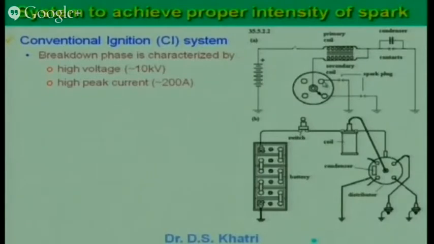These are the 4 leads, 1, 2, 3, 4. Like you can see the 4 spark plugs, 1, 2, 3, 4. So there was one ignition coil that was connected to the distributor, and that distributed the ignition energy to cylinder number 1, 2, 3 and 4 at appropriate time. But the disadvantage of the system is it doesn't have the higher ignition energy. So that's why this system is now obsolete.